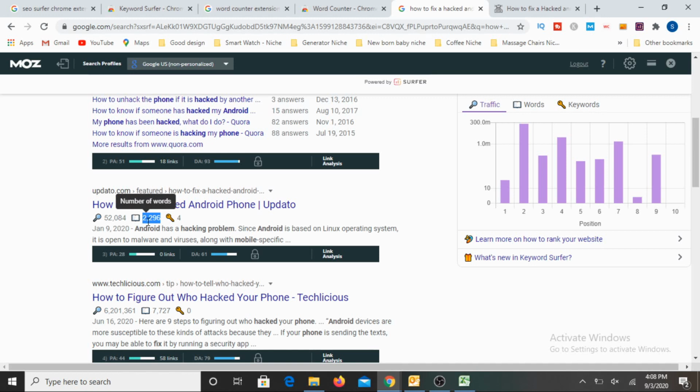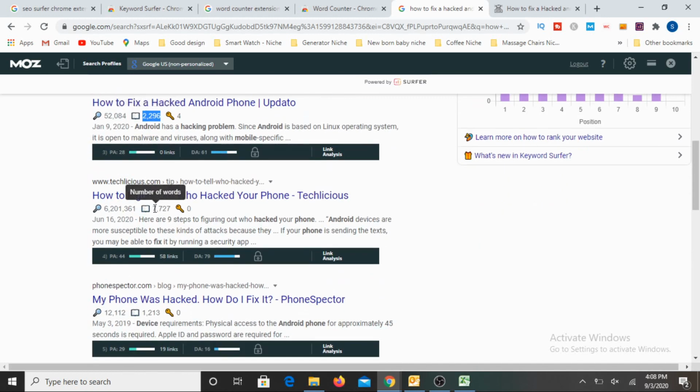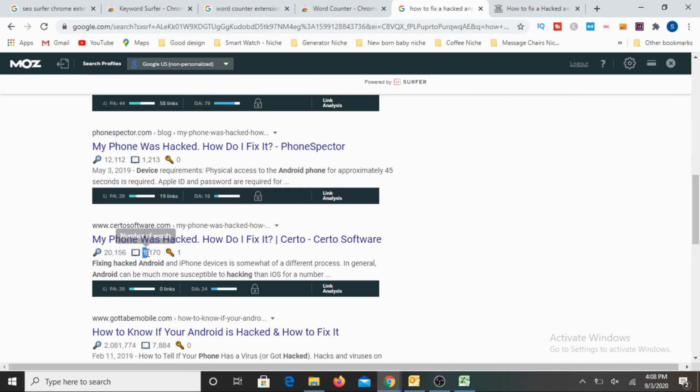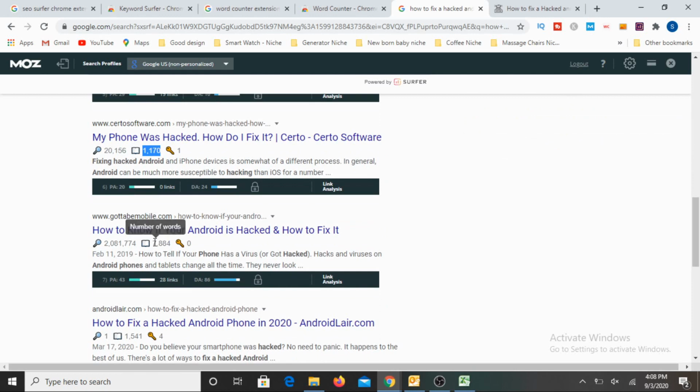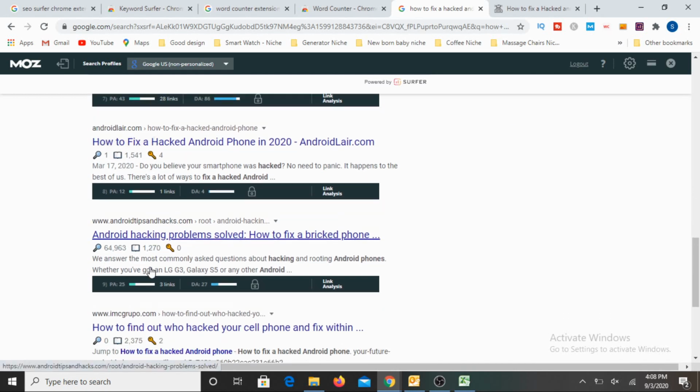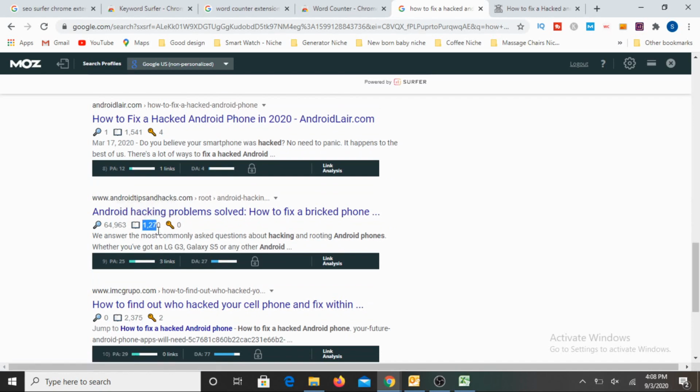Third one is about 7727. Next one is 1213, then 1170, then 7884. Then 1541, then 1270.